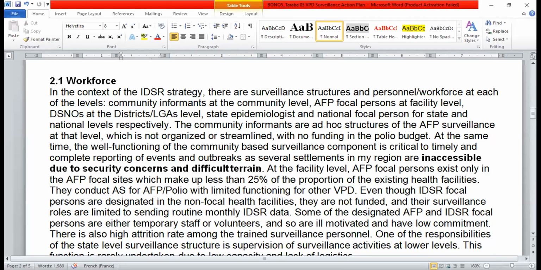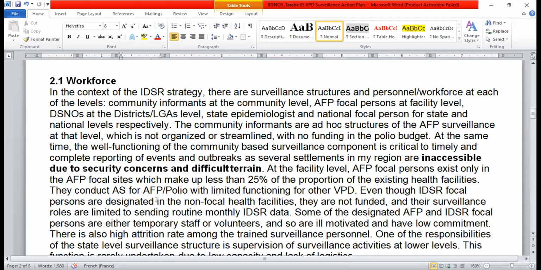So if surveillance personnel cannot go to those areas, we should rely on community informants to report events to the health facilities. Now, at the facility level, AP surveillance persons exist only in the AP focal sites, which I said is just 25% of existing facilities. They conduct active surveillance for AP polio with limited functioning for other VDPs.